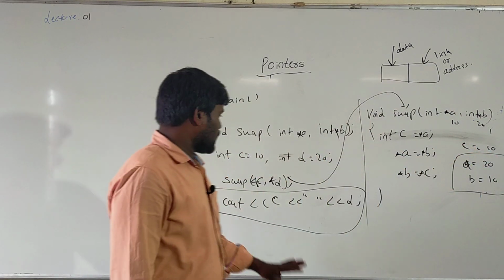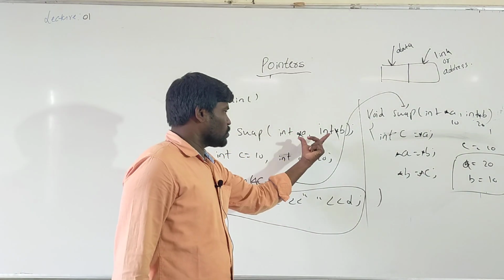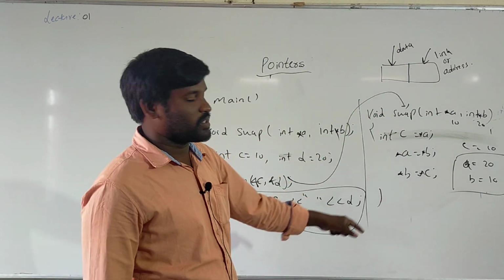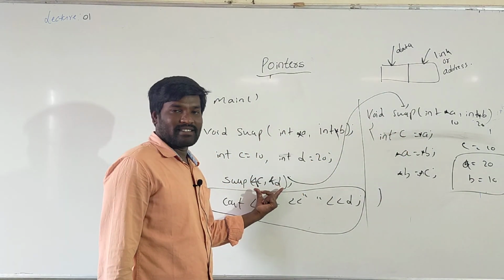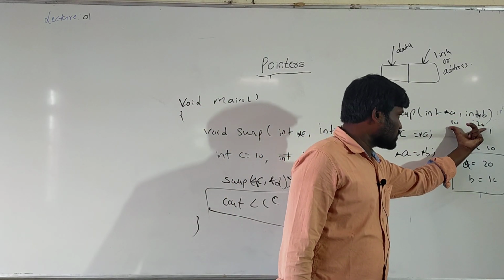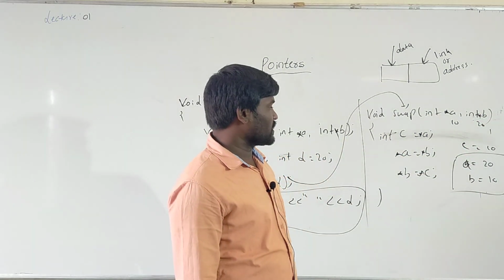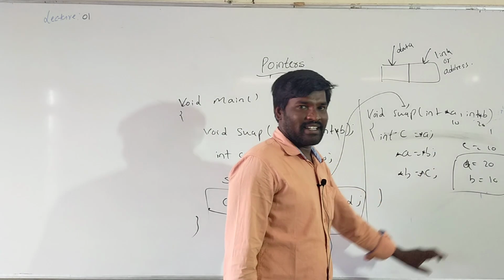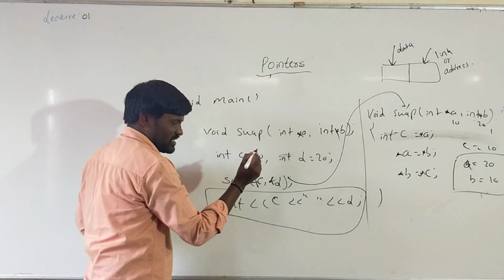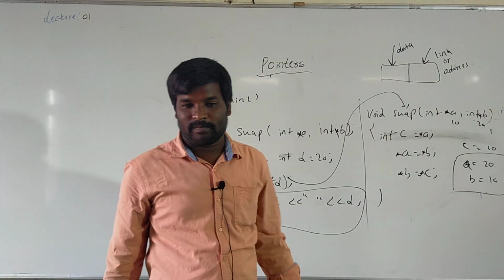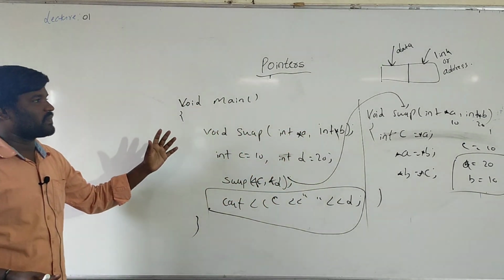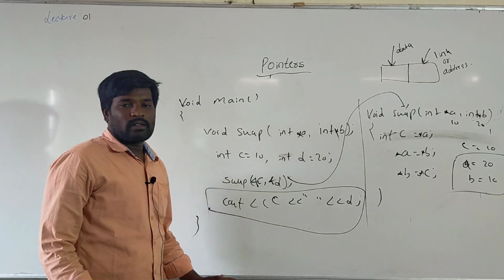See here, again the same program. Here two variables are pointer variables. If it is a pointer variable, directly values cannot be stored, so that's why I pass the addresses of C and D. It will receive the actual values 10 and 20. After executing, again 20 and 10, so automatically it will affect the original values C and D. Finally it will print 20 and 10. Call by reference means if any changes are made in the sub function, automatically it will affect the calling function. So this is the call by reference.